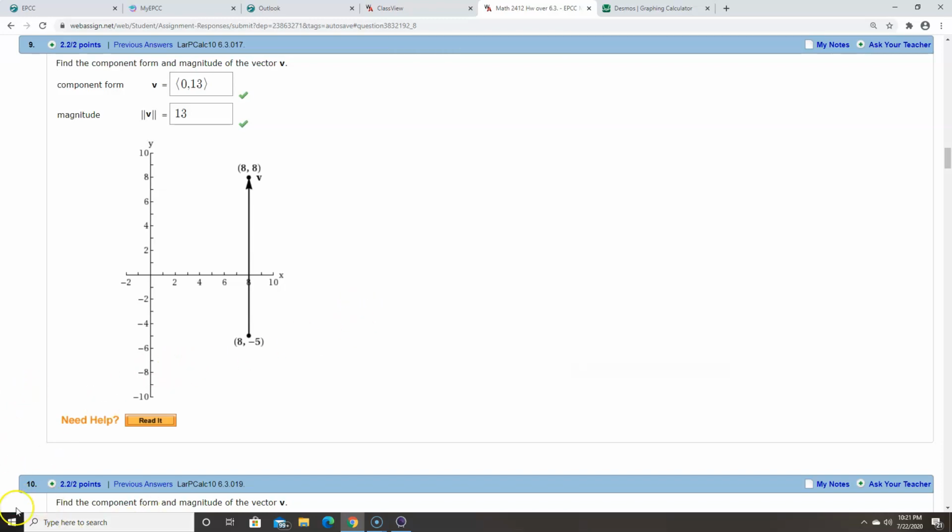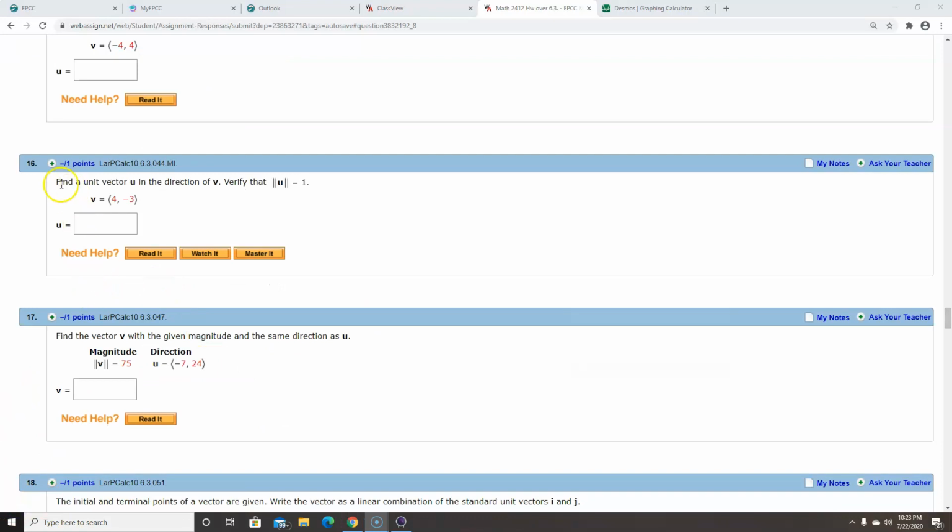So next, I want us to look at number 16. So let's see what that has to say. Find a unit vector u. Now they didn't say write a vector as a linear combination of unit vectors i and j. That's not what they're saying. They're saying